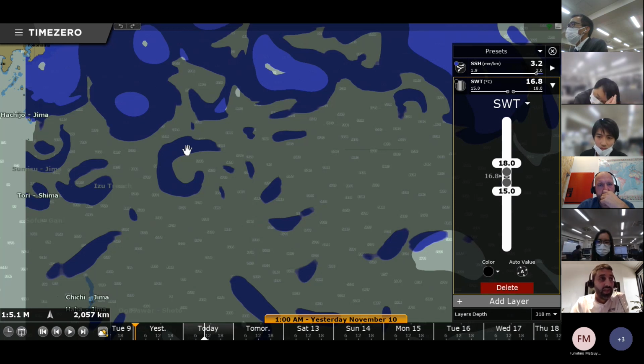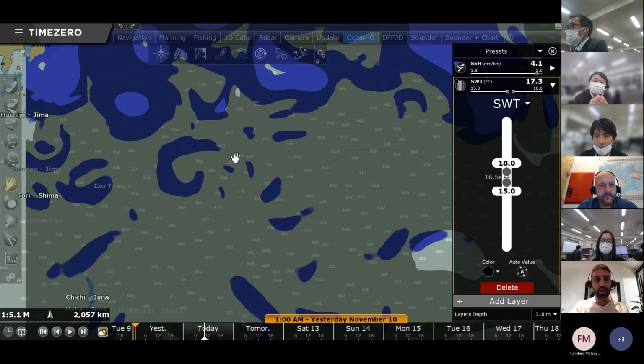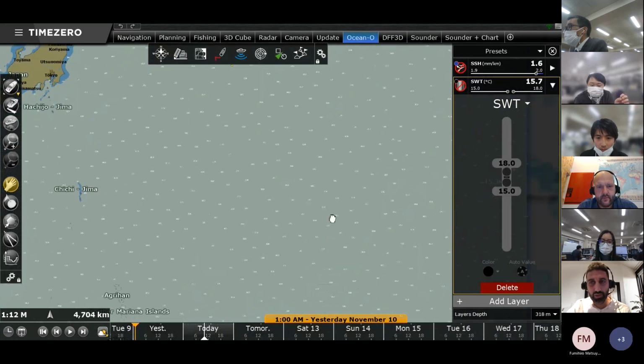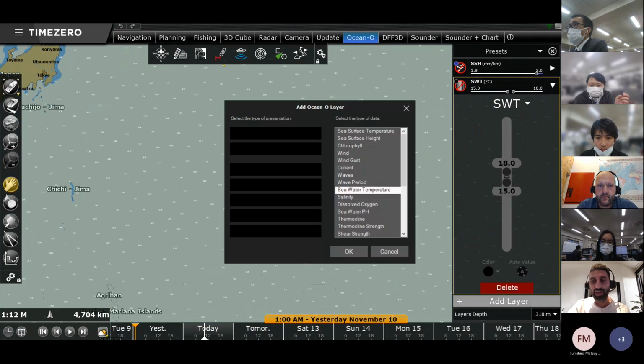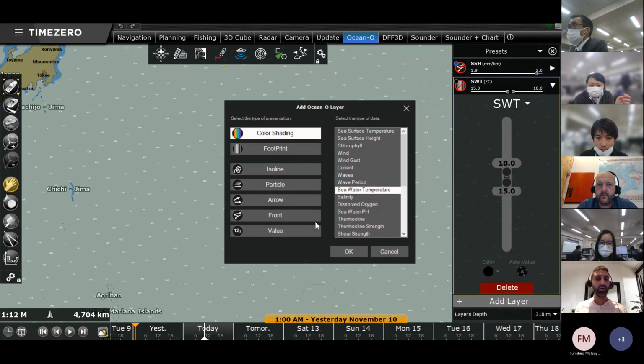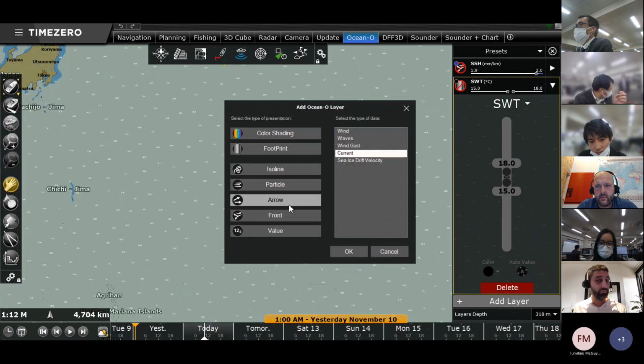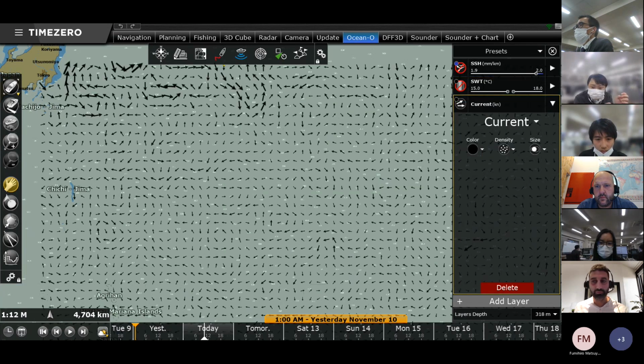But this saves you a lot of time and fuel because you can identify potential areas without going on the area, which is really nice. And again, you understand the concept. On top of that, and first I will remove this data, but on top of that, you can add a third layer. Let's say you want to add current information. So you select the current data. Maybe you want to display the current in arrow. It's easy to understand.